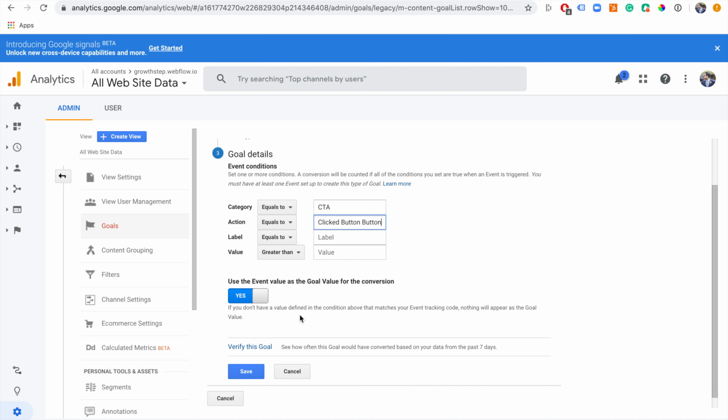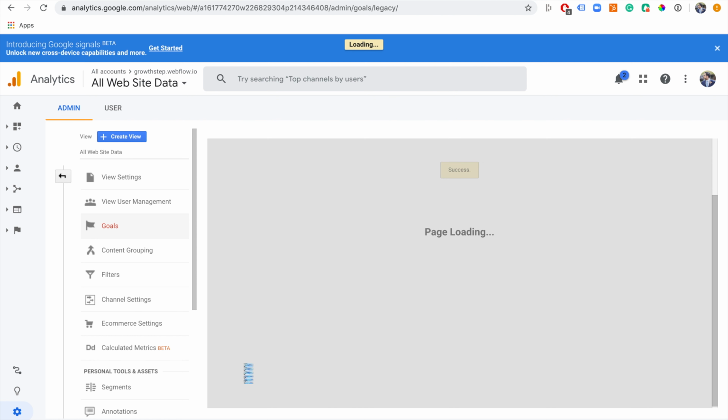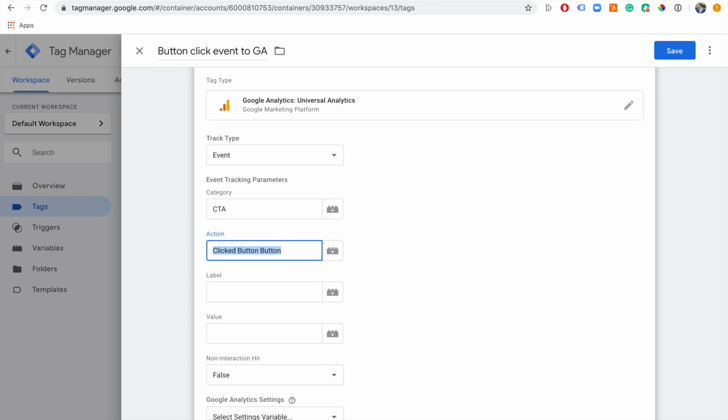Usually if you save the event and add the goal later, you can verify this, but because there hasn't been any events coming in, if we verify it, it will say 0%, but we can try anyway. There you go, 0% conversion at the moment. So that's all fine. We'll click save, and we'll go back to finishing the setup of the actual tag to